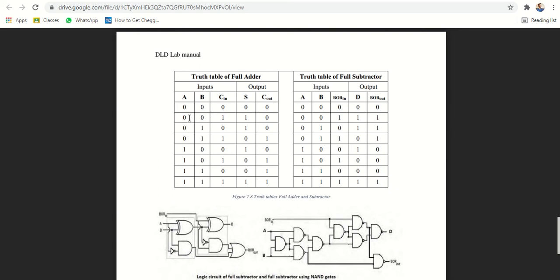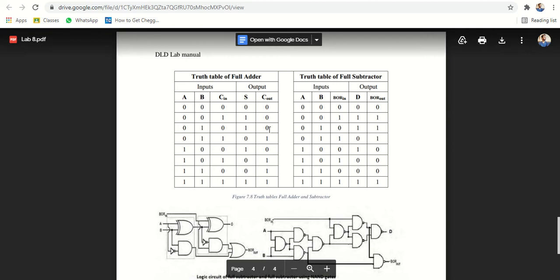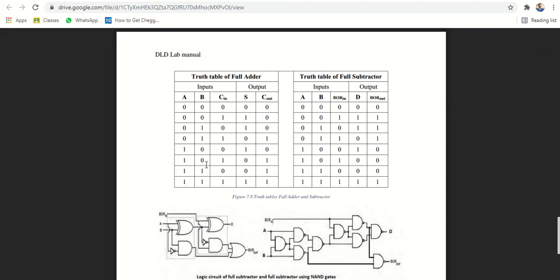In here 0 plus 0 plus 1, 0 plus 0 is 0, but 0 plus 1 is 1 sum, and similarly 0 plus 1 is 1 and 1 plus 0 is 1. You can check here that if we have 1 plus 0, that is 1, but when we add it with this one, the output that comes out from 1 plus 0 is 1, and if we add that one with this one, we will get